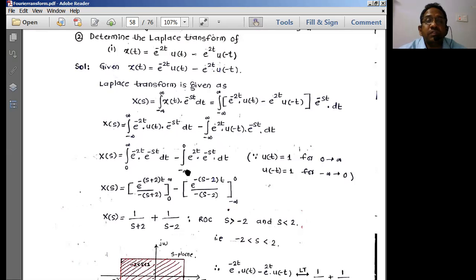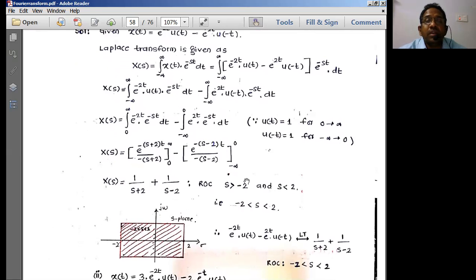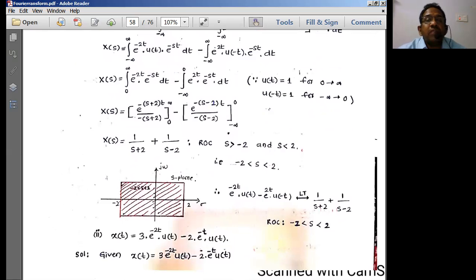Now these limits we consider when we apply the ROC. This is the important point. So u of minus t is equal to 1 over the limits minus infinity to 0. Either way, the magnitude is going to be plus 1 for u of minus t. It's not minus 1. So please consider it as plus 1 only. Then you will reach the final solution correctly. Then simply apply integration to this, take minus common here, e raised to minus of (s plus 2) into t. All this factor I'll be having. Then finally I'll be getting this particular equation: X of s is equal to 1 by s plus 2 plus 1 by s minus 2.